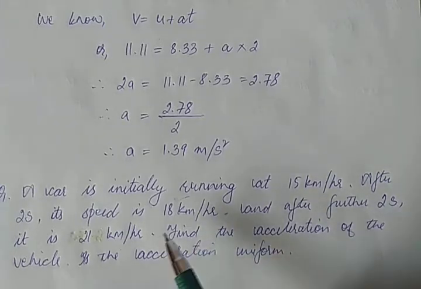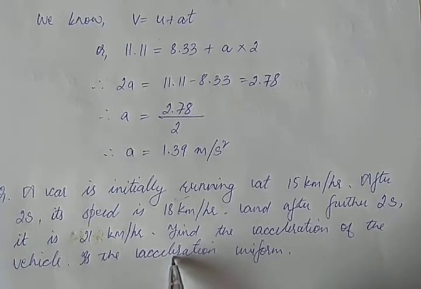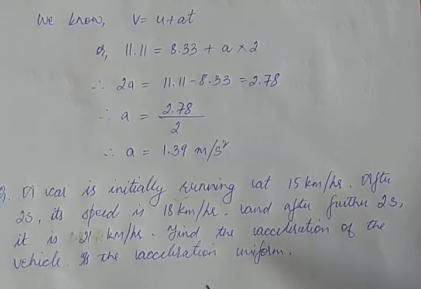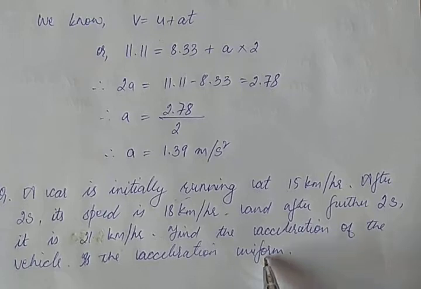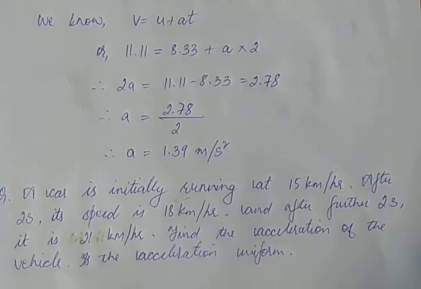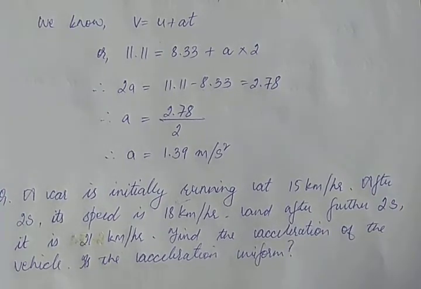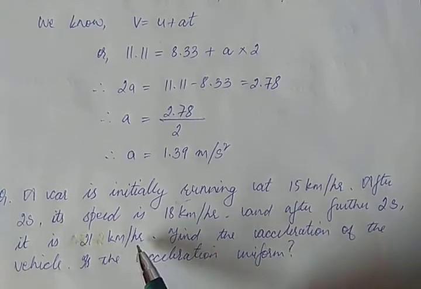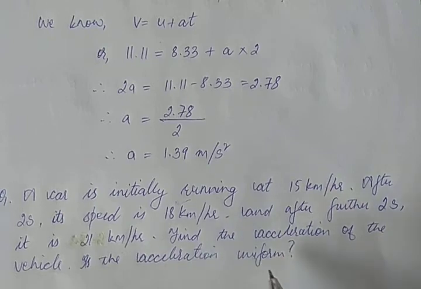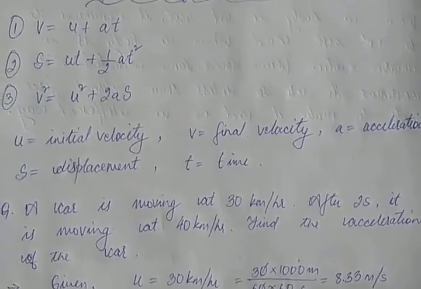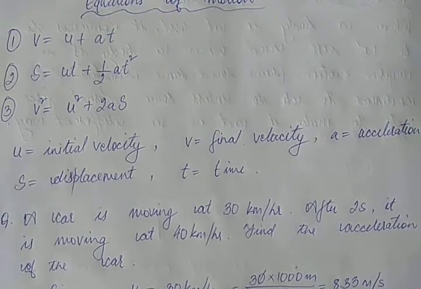If the two values of acceleration are the same, then it is a case of uniform acceleration. And that is also something that you need to find. Is the acceleration uniform? There should be a question mark over here. If the two values of acceleration that you find are the same, it's a case of uniform acceleration. If not the same, then it's a case of non-uniform acceleration. So this is about equations of motion and some simple numericals based on the three equations of motion.